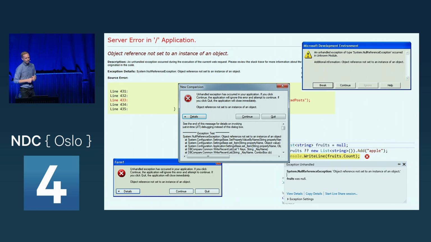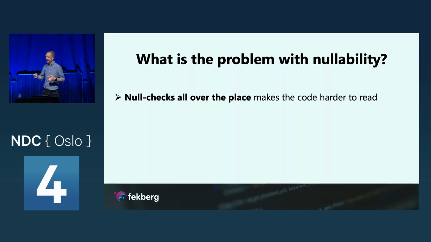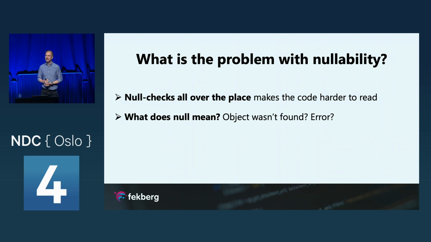because it's not a good idea. The problem with nullability is that we'll end up having null checks all over the place. It's going to clutter the code with unnecessary if blocks or unnecessary question marks or exclamation marks in the case of C#. But also, what does it actually mean to return null from a method? As an example, if I have a repository that fetches a user from a database, and that returns null, did that mean that I couldn't find the user? Was the user deleted? Did I get an exception?